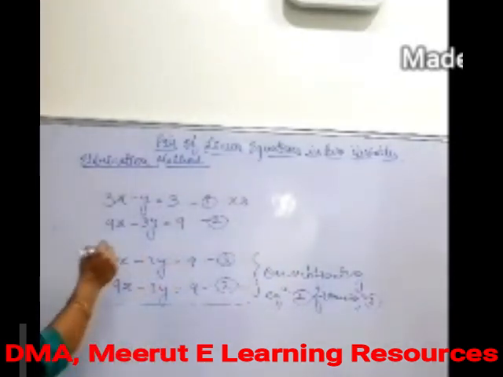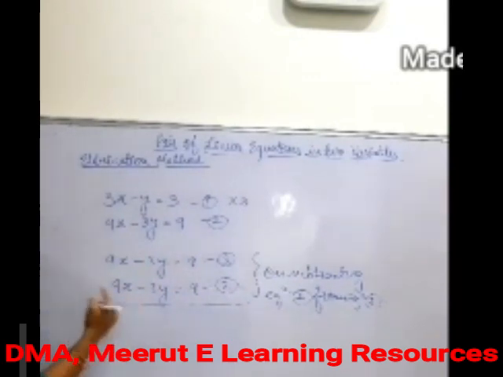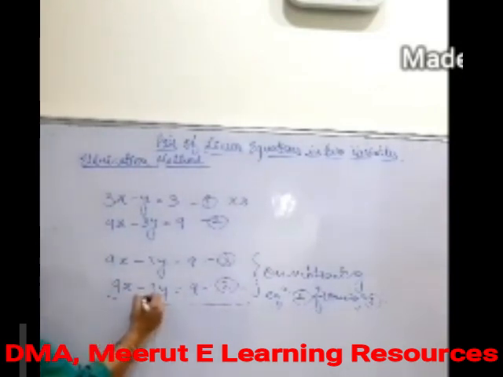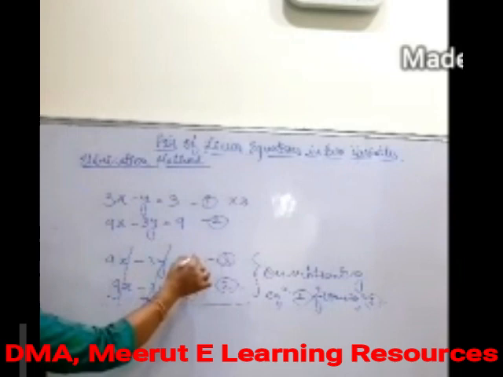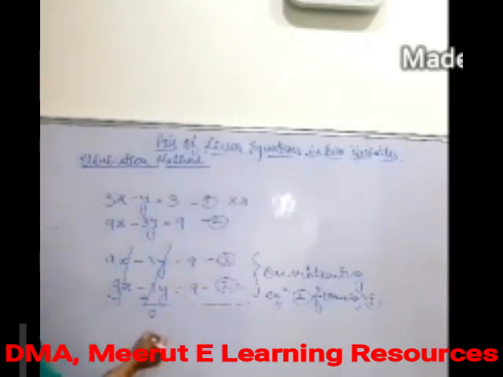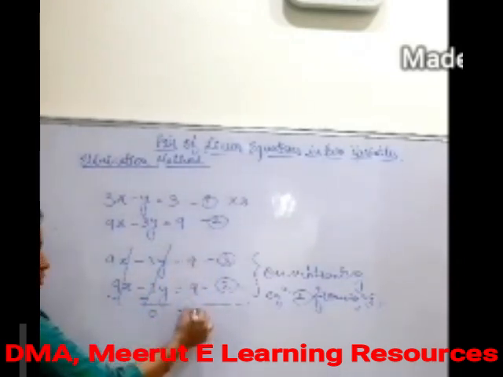So what do I get? Whenever we are going to subtract, we have to change the sign also of the second equation. Whichever is the down equation, you have to change its sign. So this 9x is of plus sign, it will become minus. Then this minus will change to plus and this plus will become minus. Now 9x minus 9x, this is cancelled, and you can see minus 3y and plus 3y. Both are also having opposite sign and equal coefficient. So this is also cancelled, and here also 9 minus 9, it means we got 0 this side, and that is also 0 here.